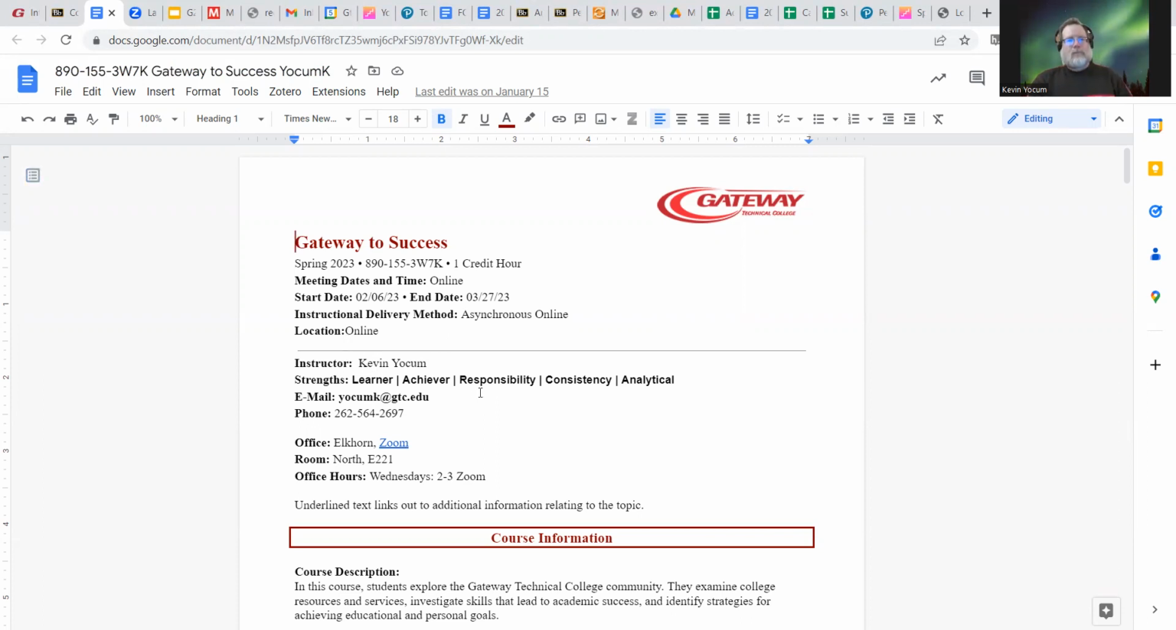And again, location. If this was a ground course or face-to-face or even a hybrid or blended course, you would have more specific details in this area: what campus, what room number. All right, we're going to keep moving. So next, you're going to have